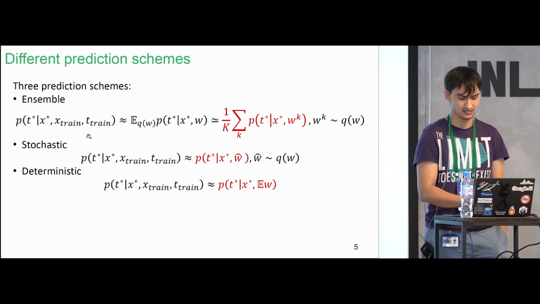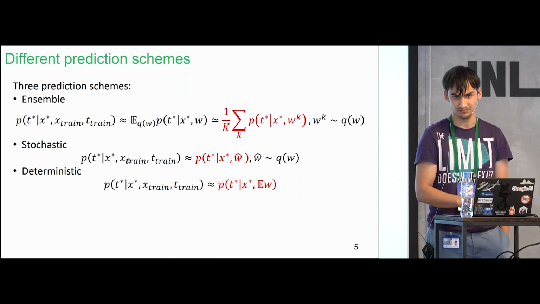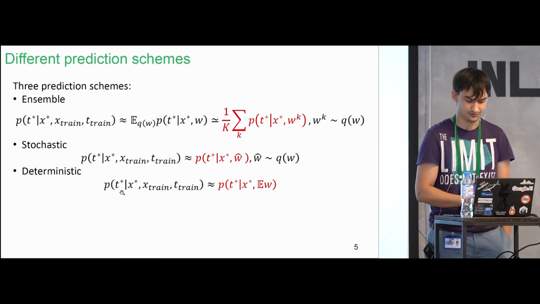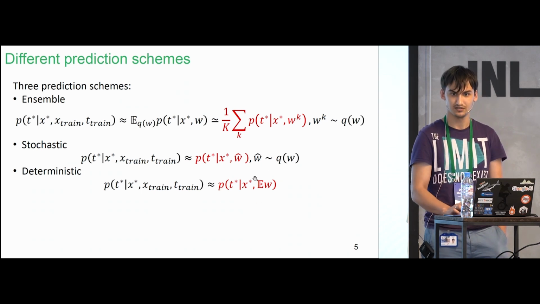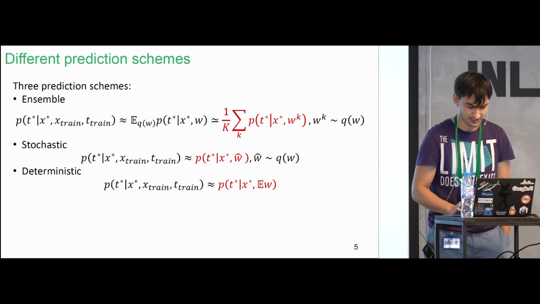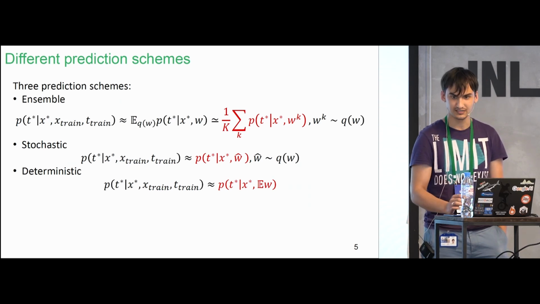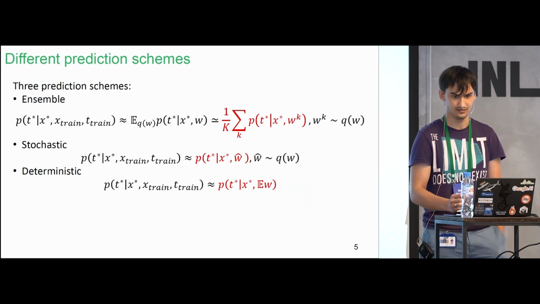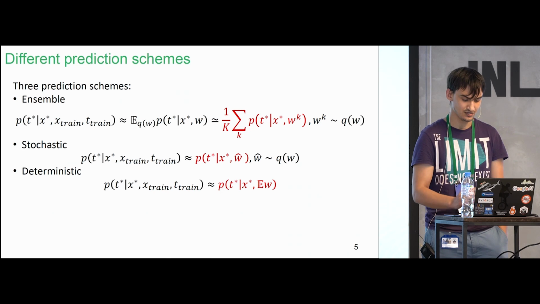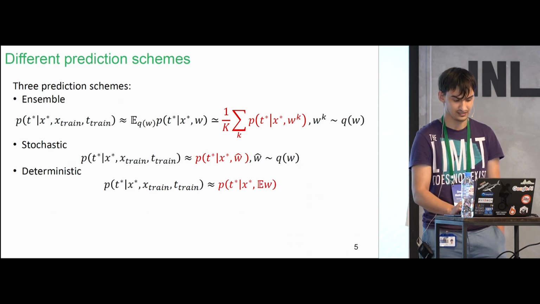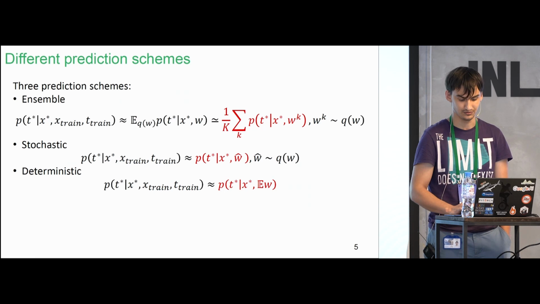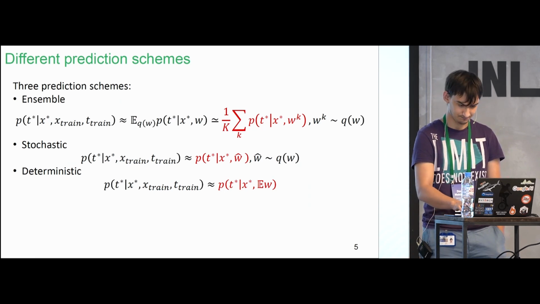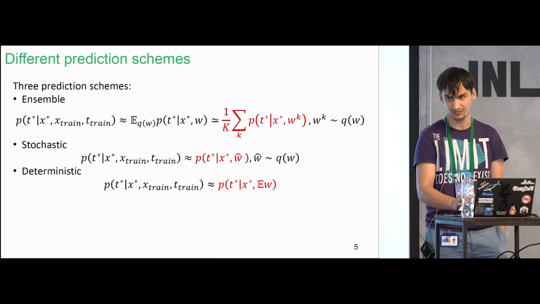In stochastic prediction, you only use one sample. So this is very similar. And in deterministic prediction, instead of sampling, you use just the expected value and discard the noise. So this is this weight scaling rule heuristic. For example, in dropout, instead of using the random dropout masks, you use the dropout probability instead. So in case of variational dropout, you just use the expected value of the weights to make prediction, just as you did in the seminar.